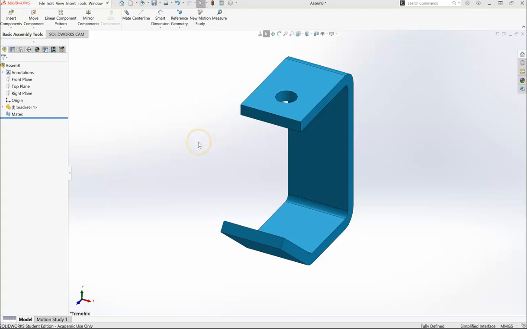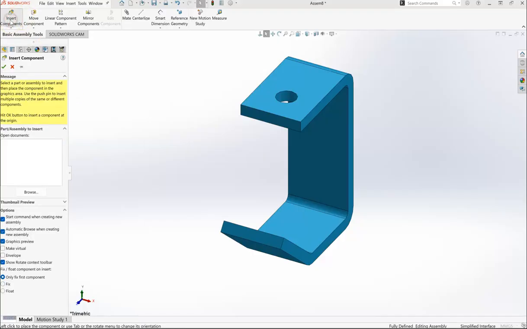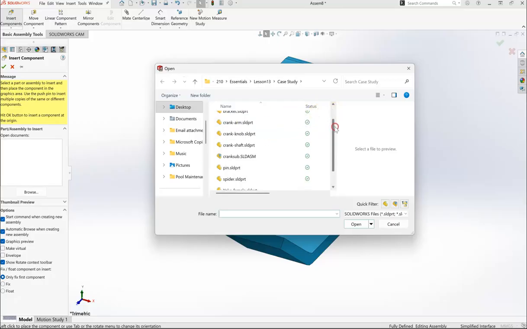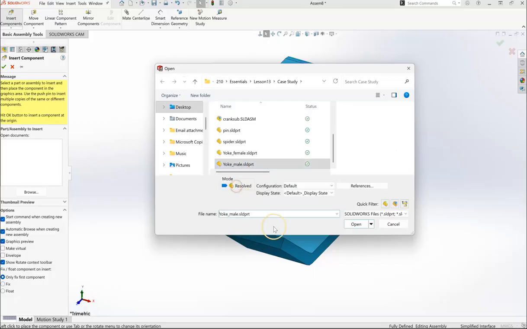All right, so let's get started, and we're going to insert our first component. So if I go up here to insert component, if you don't have this box that automatically pops up, we can hit this browse button and it will take you to a file explorer where you can find the part that we want to insert. And so I want to come down here and I'm going to insert the yoke male, and I'm going